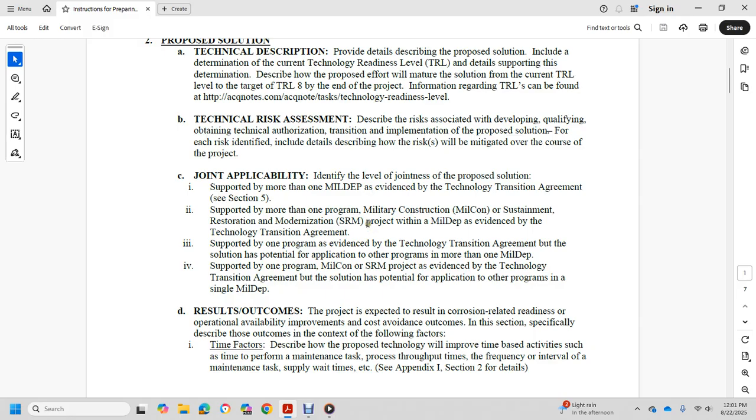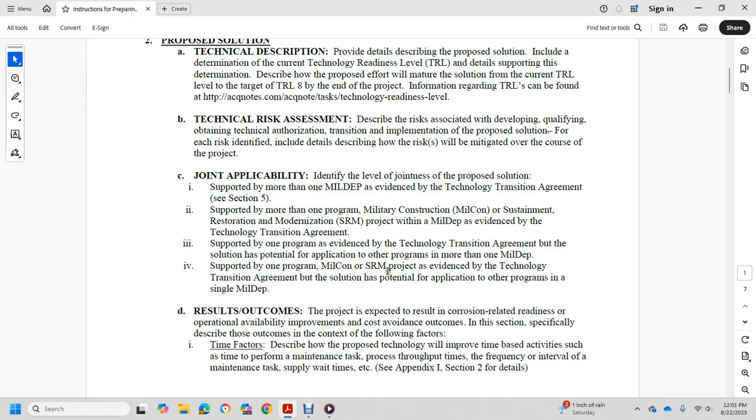Supported by more than one program: military construction and the sustainment, restoration, and modernization project, with more than one military department, with evidence of the technology transition agreement. Supported by one program: evidence of the technology transition agreement, with the solution having potential application to other programs in more than one military department. Supported by one program,